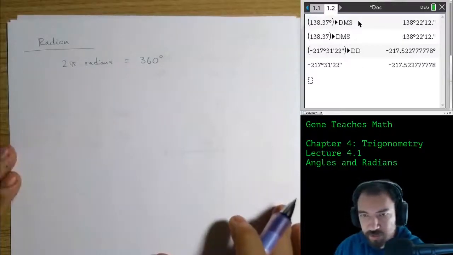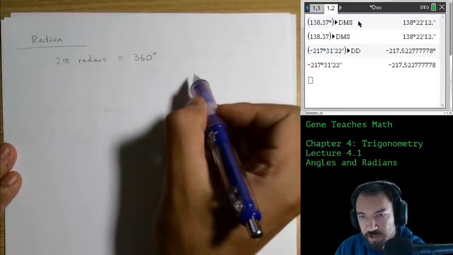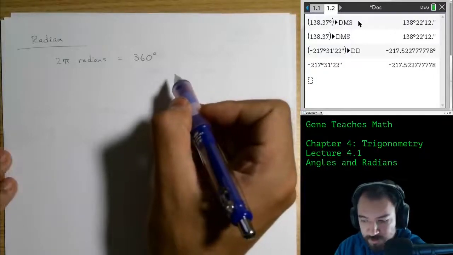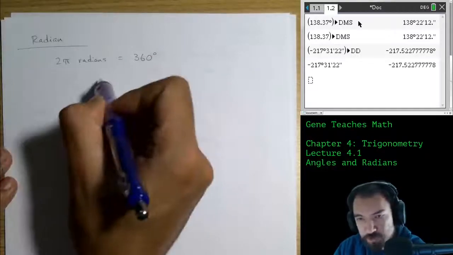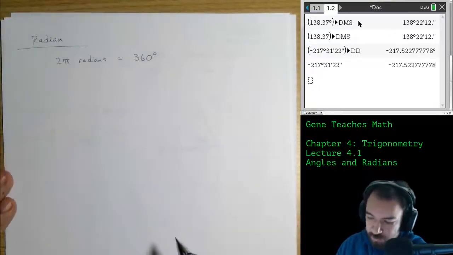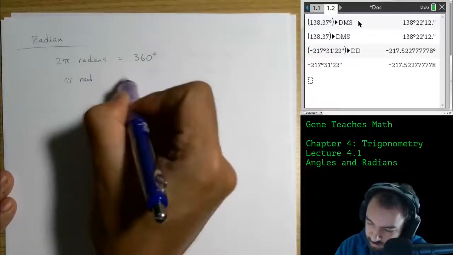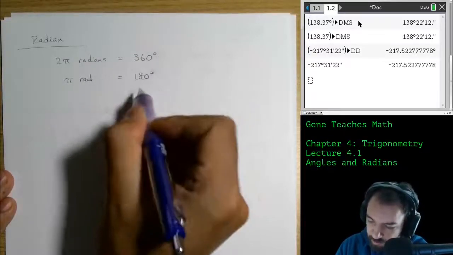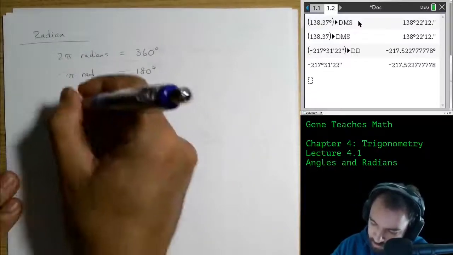Now you can think about this as like feet and inches, right? You would say 1 foot is equal to 12 inches, and they're the same thing, you're just using different units. So 2 pi radians is the same thing as 360 degrees, but we're just measuring in a different type of unit. Well, let's go ahead and reduce this. So pi radians is going to be 180 degrees, and we're going to use this as the conversion. And so let's consider a circle,